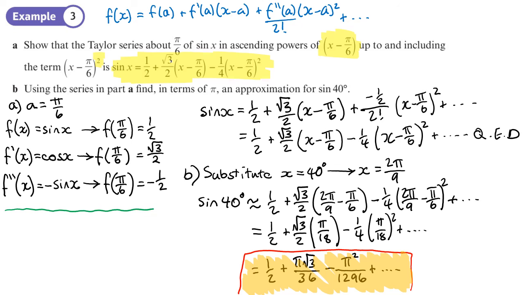I said I wasn't going to do it, but never mind, I'll do it anyway. So the exact answer, sine 2 pi over 9, sine 40, from my calculator comes up as 0.6427876097,